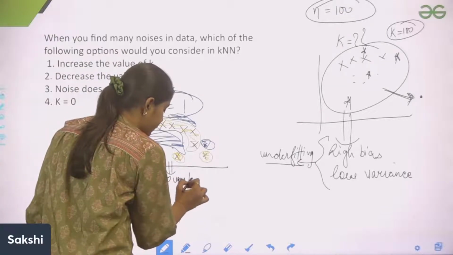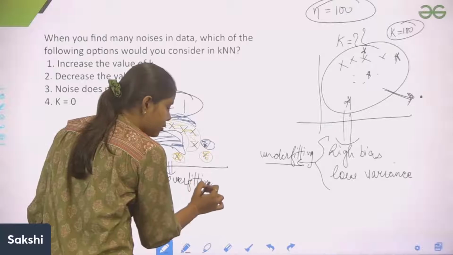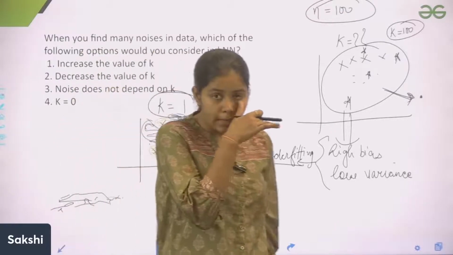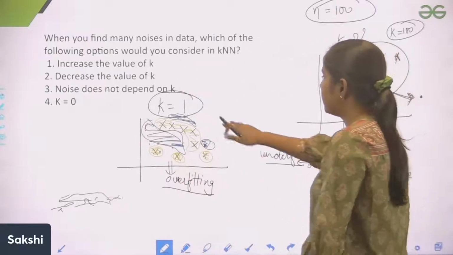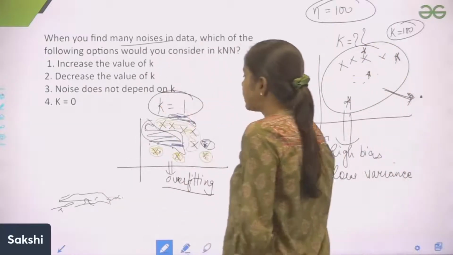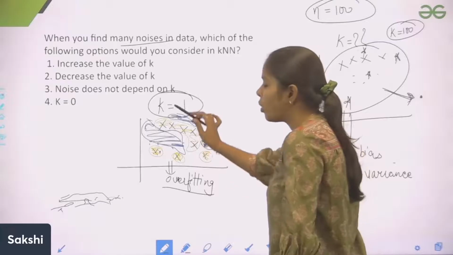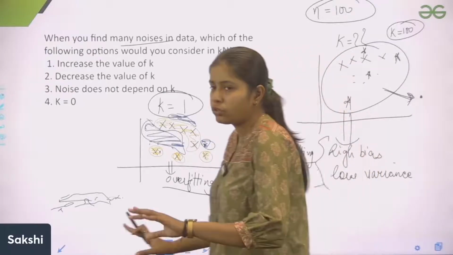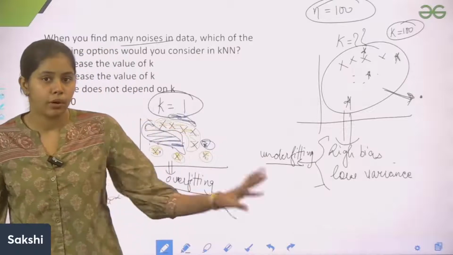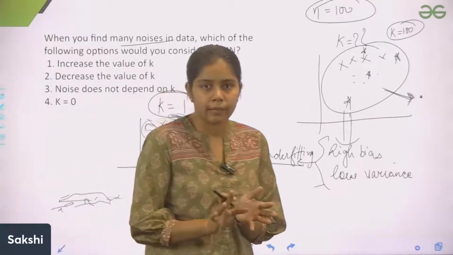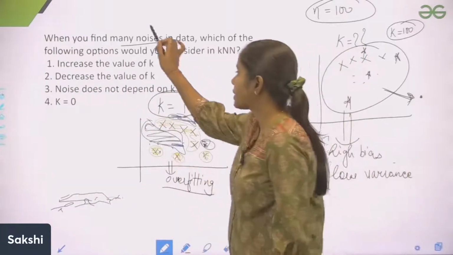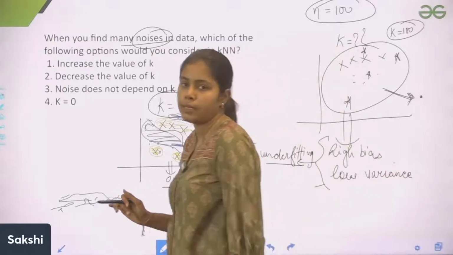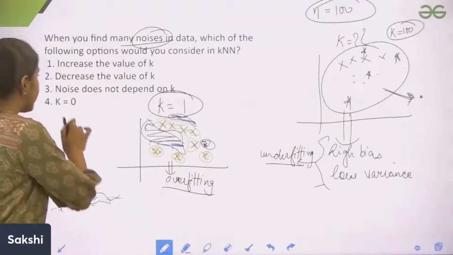ओवरफिटिंग, राइट? दिस इज ओवरफिटिंग, दैट मींस यू वुड हैव लो बायस एंड हाई वेरिएंस। तो अब वापस क्वेश्चन पे जाते हैं कि अगर तुम्हारे पास बहुत ज्यादा नॉइज है डेटा सेट में, ऑब्वियसली तुम स्मॉल वैल्यू के k की ले ही नहीं सकते, तुम्हें इंक्रीज करनी पड़ेगी। तुम k की बहुत छोटी वैल्यू भी नहीं ले सकते, ना बहुत बड़ी वैल्यू ले सकते हो, तो तुम्हें कुछ मिडवे निकालना पड़ेगा। लेकिन अगर नॉइज है तो स्मॉल वैल्यू से तो काम नहीं चलेगा, सो यू हैव टू इंक्रीज द वैल्यू ऑफ k।